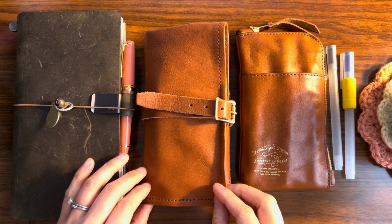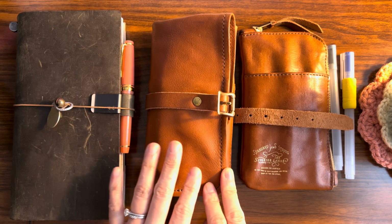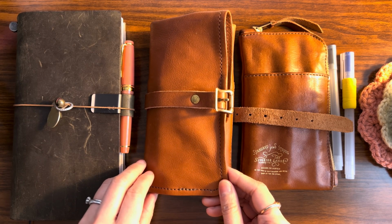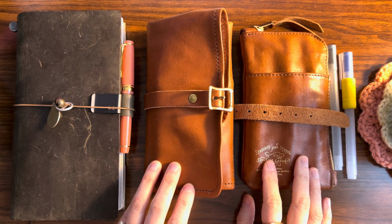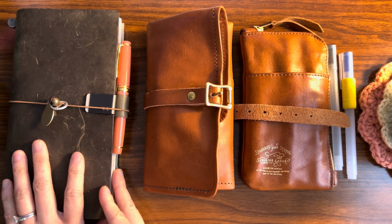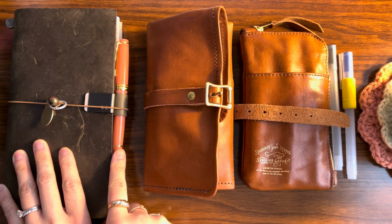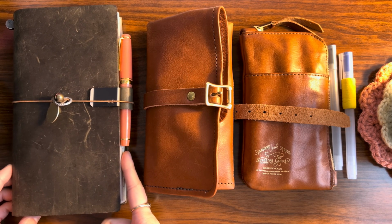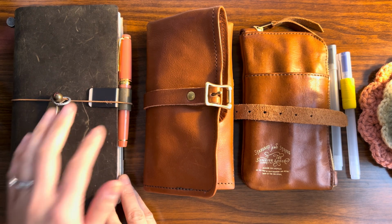The pen roll, on the other hand, is a gorgeous artifact, and I love it. This is more so where I store the pens that I'm not currently using. This is where I'm storing the pens that I'm reaching for on a daily basis. So I'm gonna put this aside for now, but I had it here because I wanted to show that I have started dedicating a single pen to my diary or my journal,